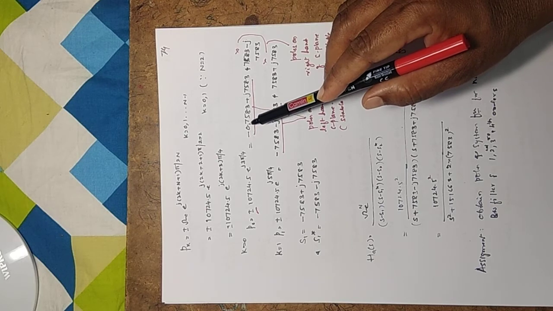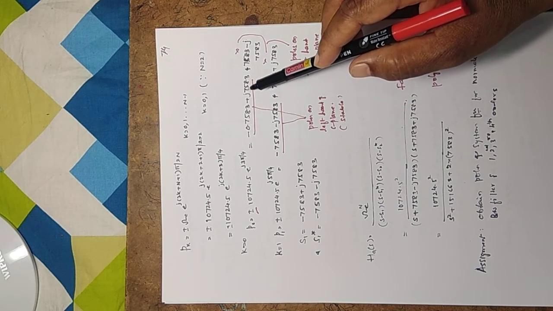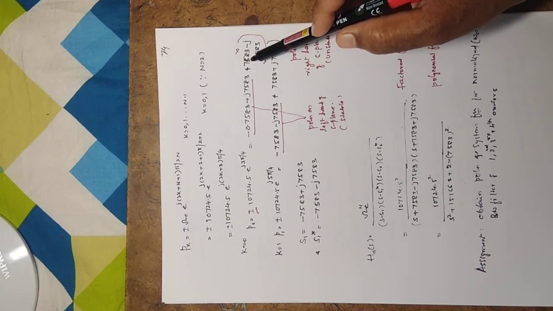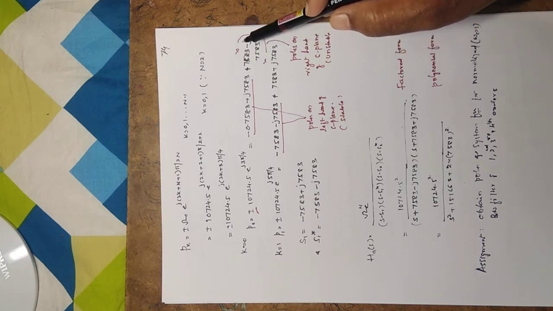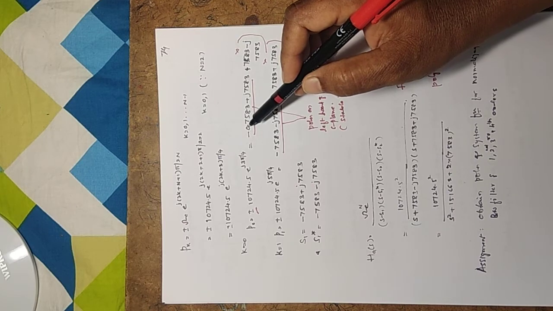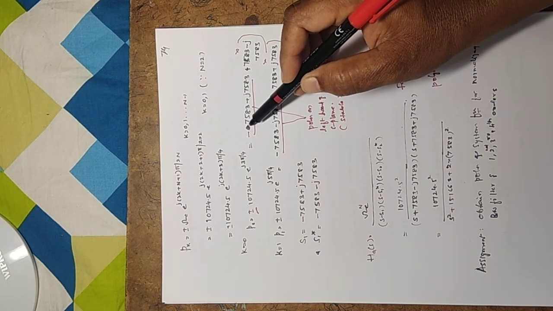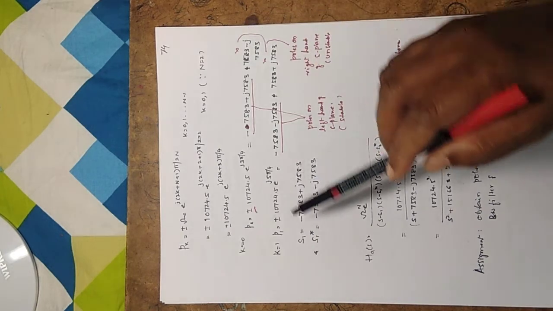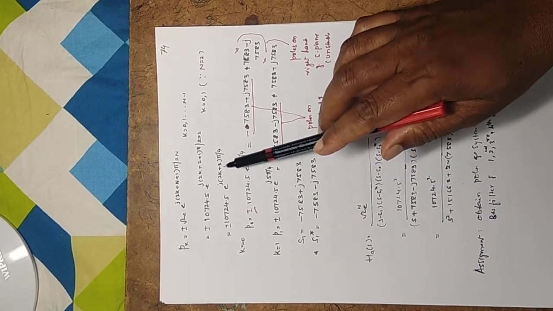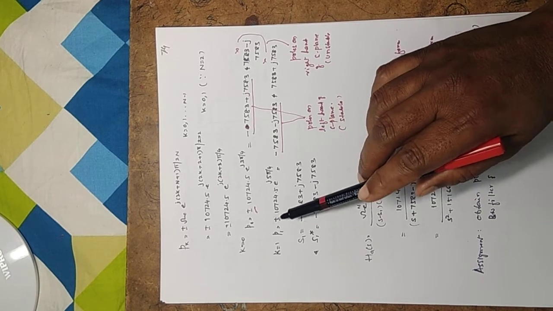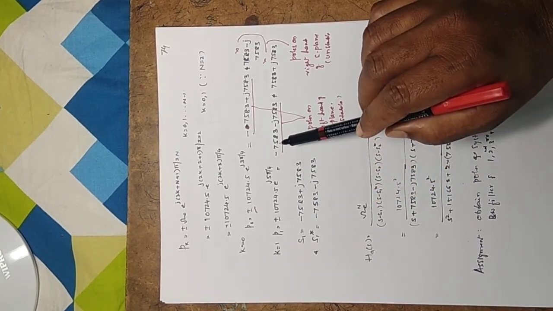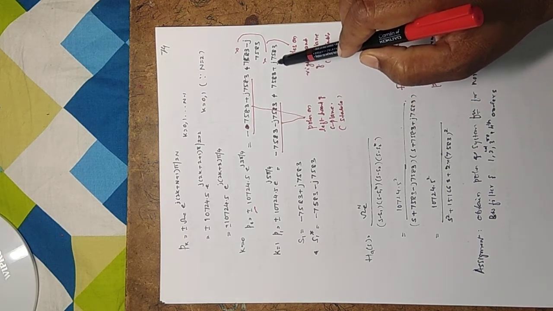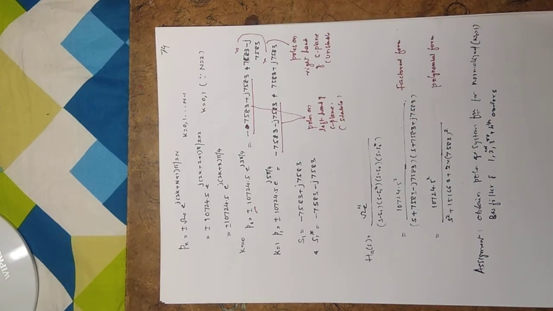One value is minus 0.7583 plus j 0.7583. Another value is plus 0.7583 minus j 0.7583, multiplied by omega c. For k equal to 1, if I substitute k equal to 1, you will get once again two values, plus or minus: 0.7583 minus j 0.7583 and 0.7583 plus j 0.7583.